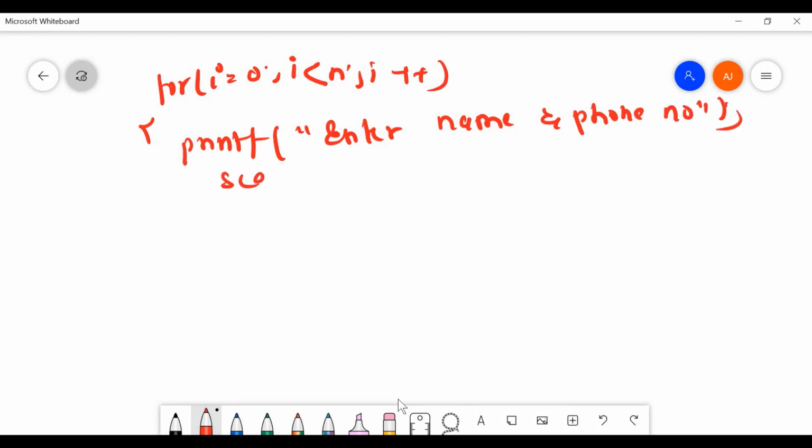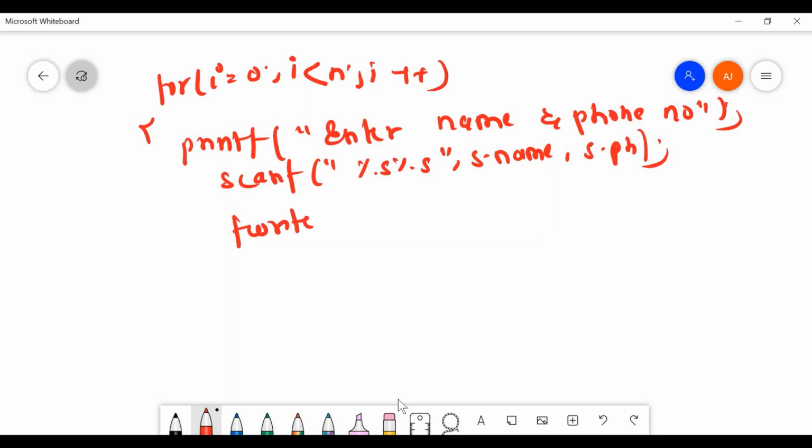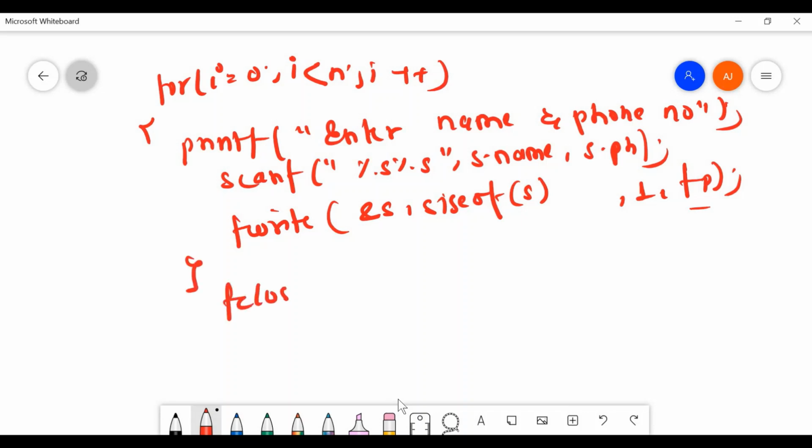Okay, so scanf %s, s dot name and s dot phone number. So using the fwrite function I'll write this information to my file. This is a structure, so address of s, size of s, and a single structure. I'll write this to my file which is denoted by fp. So finally I'll close my file.